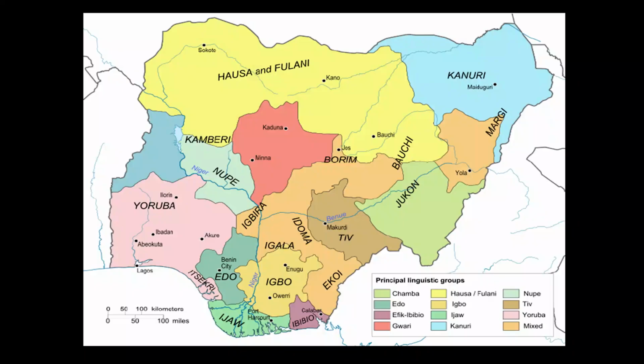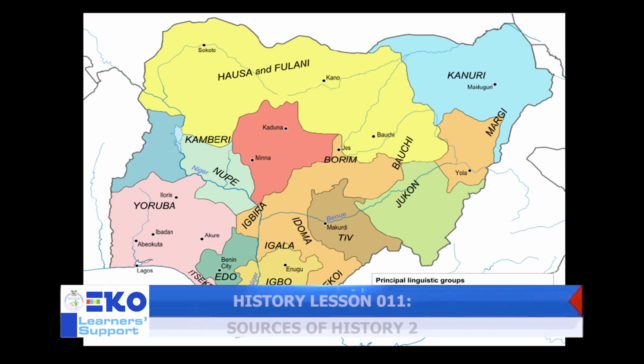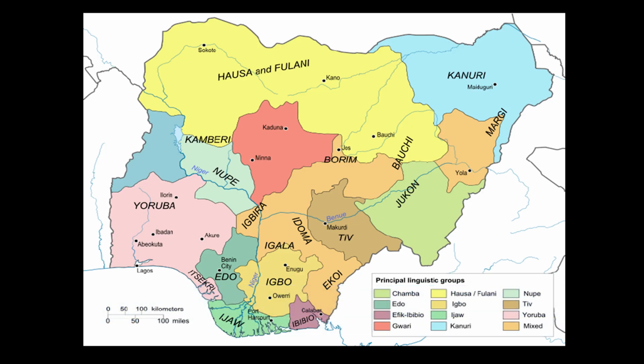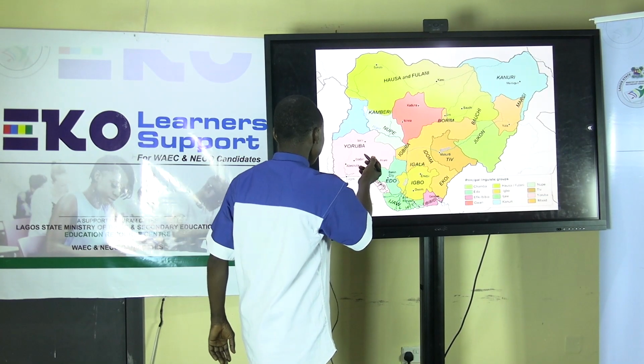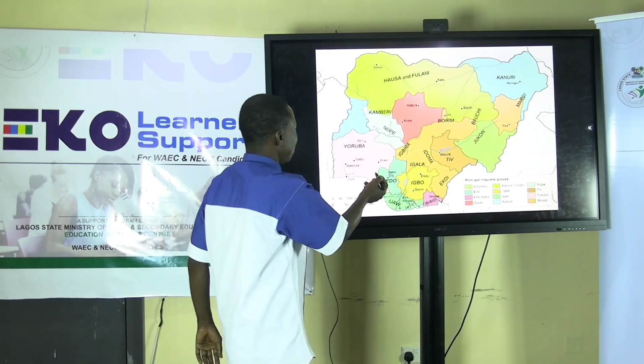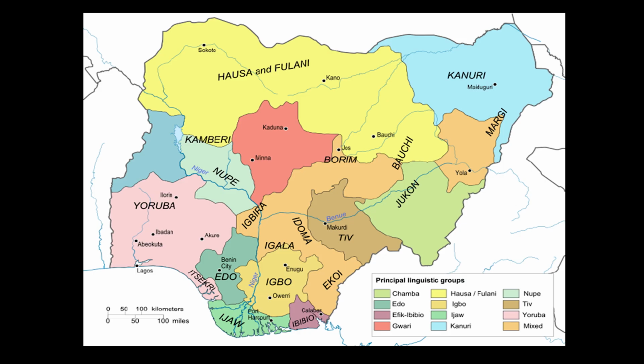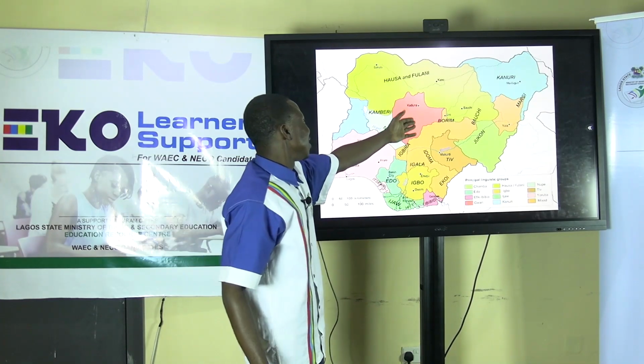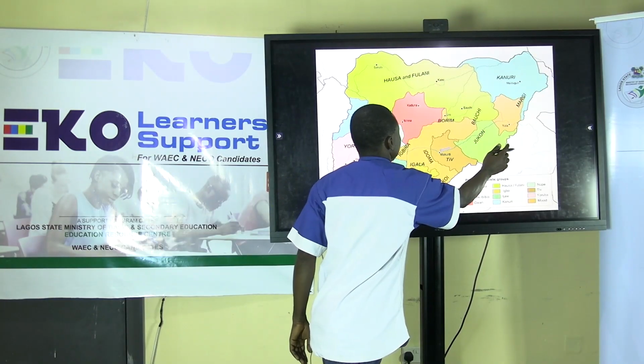Then in this picture you can see the map of Nigeria and the language scales. These language scales help us to understand the similarity and the relationship between people that speak the same language, that their origin and traditions are related, and it helps us to trace the origin. For example, the people of Ilorin, which is in the north central region of Nigeria, let us know that they have more relationship with the Yoruba people in the southwestern zone than their counterparts in the north.